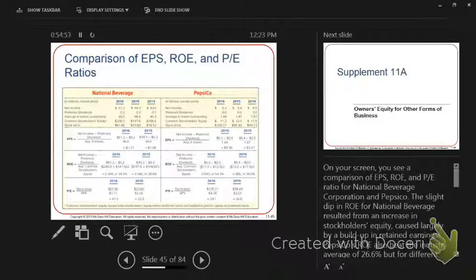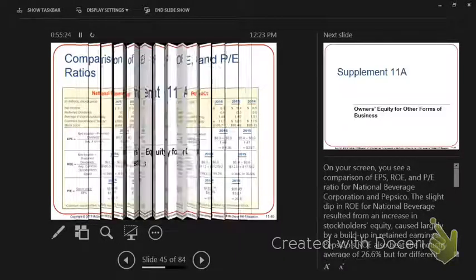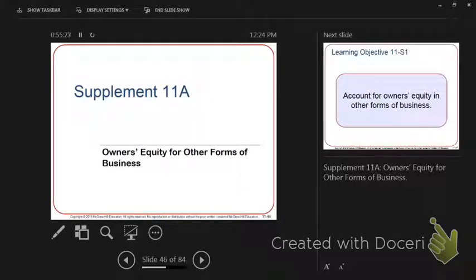I can tell you, since the new books came out, National Beverage has gone down, Pepsi has gone up. These were flipped before. The only thing that stayed the same is this. Right here, they've changed. National Beverage used to be in the 50s. These used to be comparable. These were the same. This was the only place Pepsi was better, the earnings per share. So let me show you who